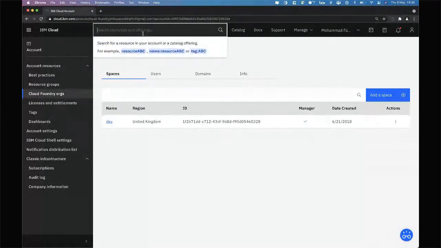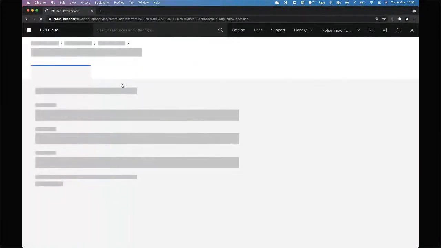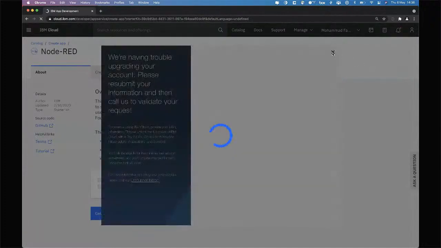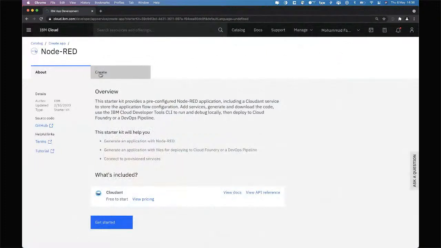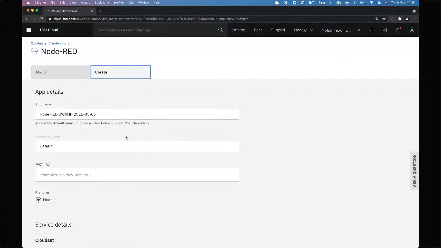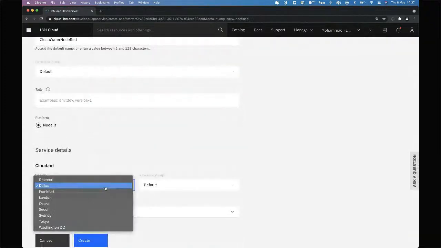The next step would be to search for Node-RED. You should see a Node-RED app in the catalog results. You're going to click that, and you are going to go on the Create tab. You can rename your app, basically. So I'm going to call it Clean Water Node-RED. And you can keep the resource group default. You can create the cloud and service in